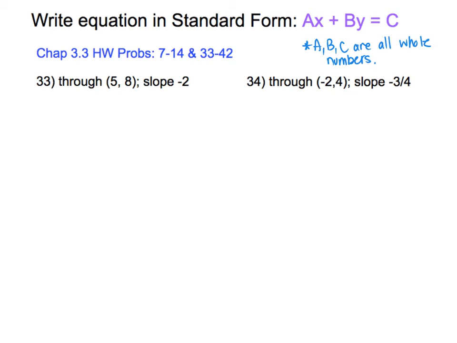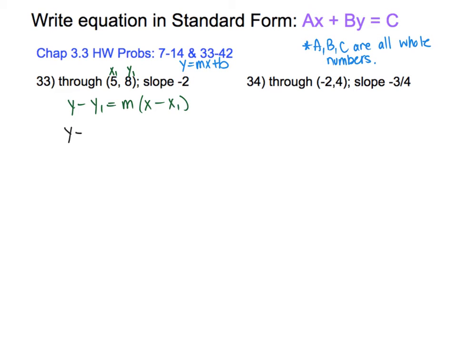So with the first one here, we're just trying to get this as an equation of a line. So before I do that, let's first try to get just a line equation. So first thing you could do is just try to get it as y equals mx plus b, and then change it into standard form. So that's usually what I do first. So again, this is your x1 and that's your y1, and so this is your slope. So if I was using that formula that we did before, the point slope formula,